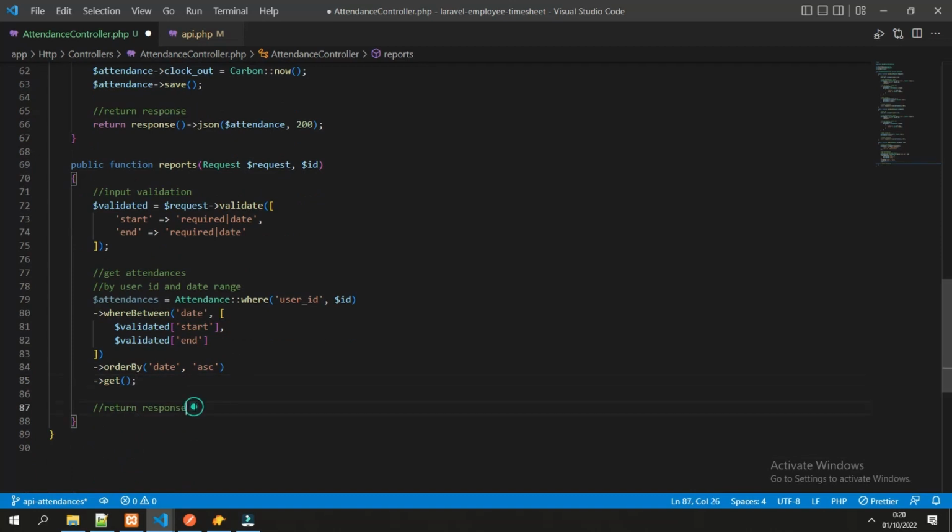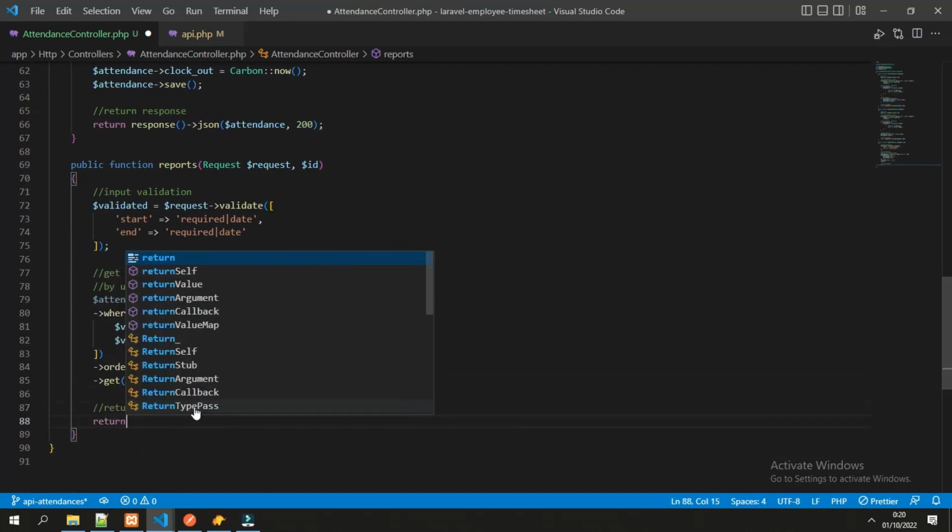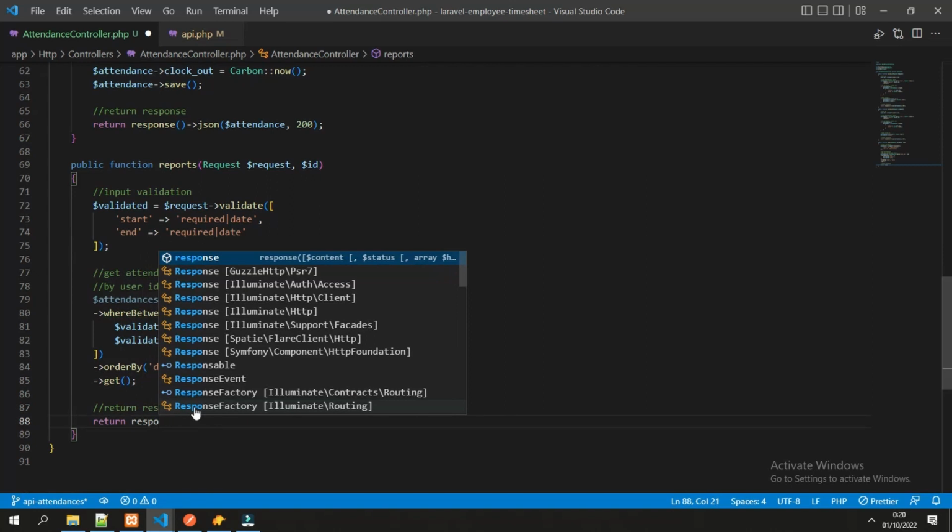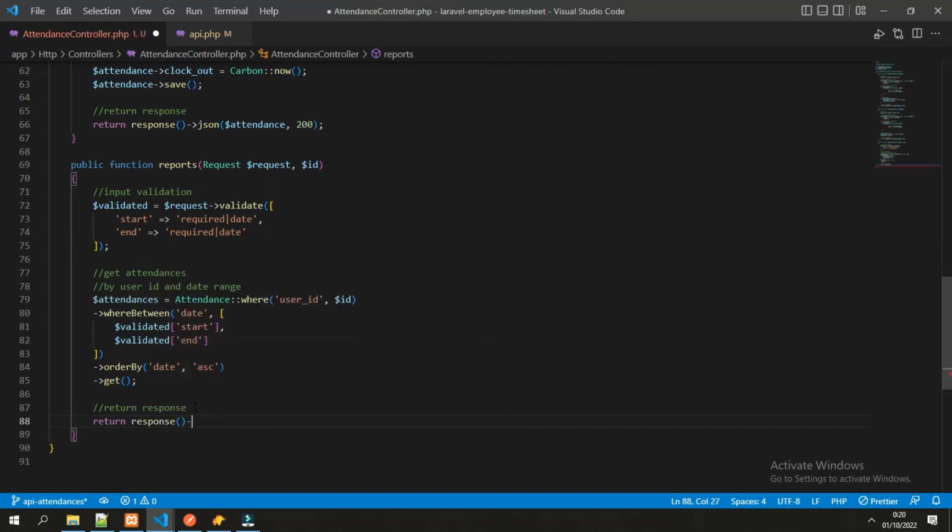And the last is just return the response JSON of the attendance, and the status would be 200. And that's all for the report function.